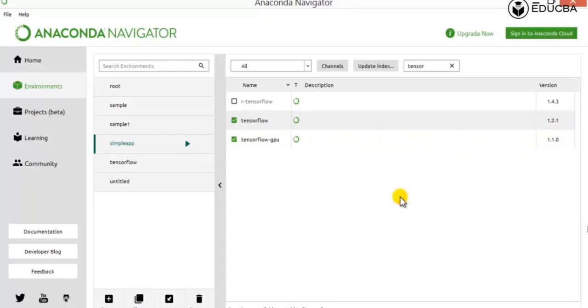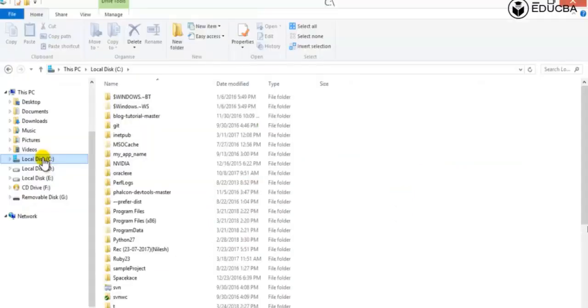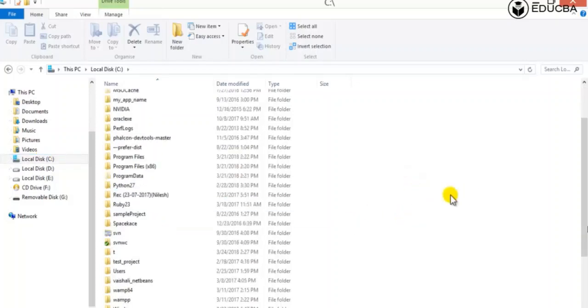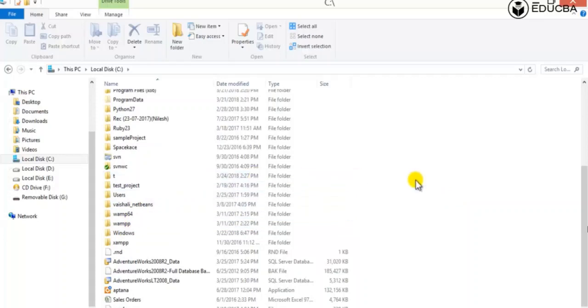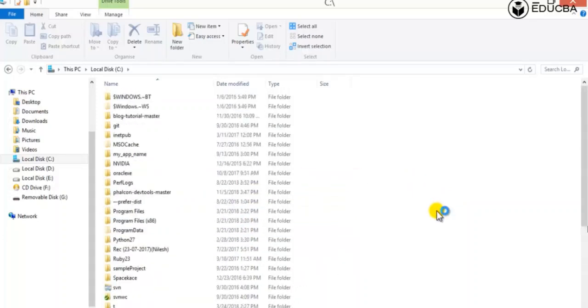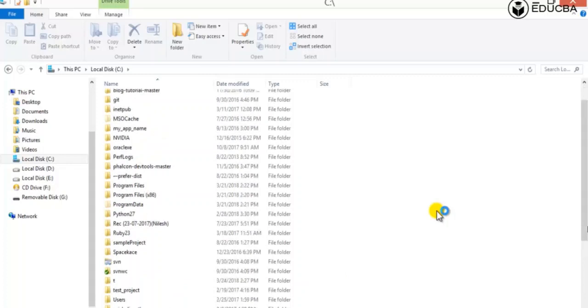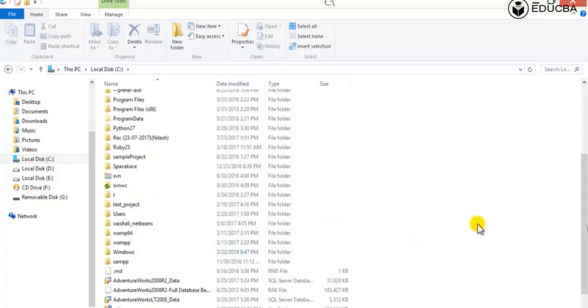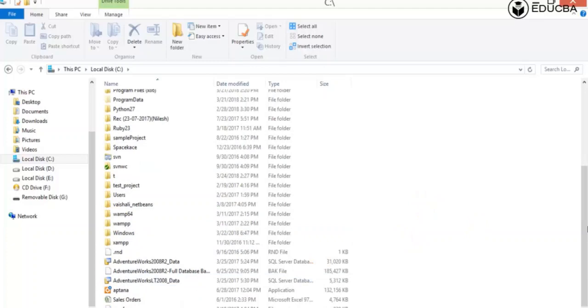Now what we will do is check the verification whether these have been installed or not. We will go to that particular location where we have installed this software. So let's say we have to go on that particular path. In the C drive, we have the options where we need to check whether the installation has been done or not. So let's say we have here